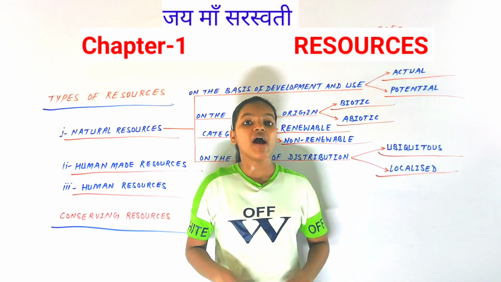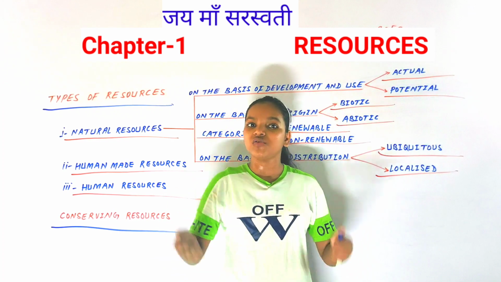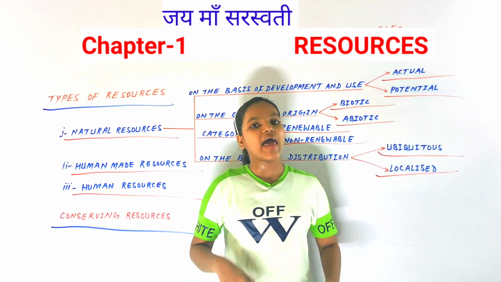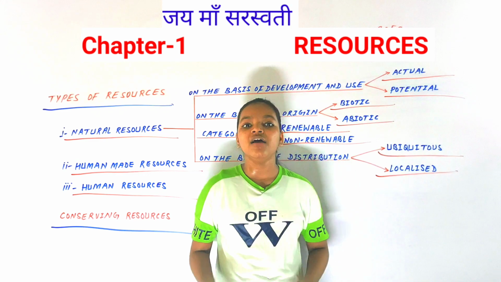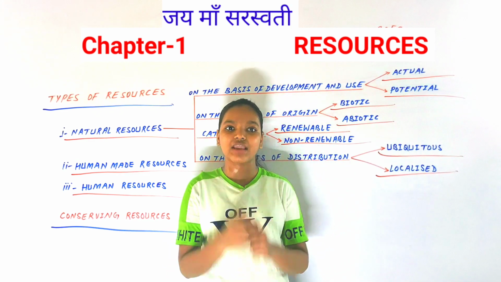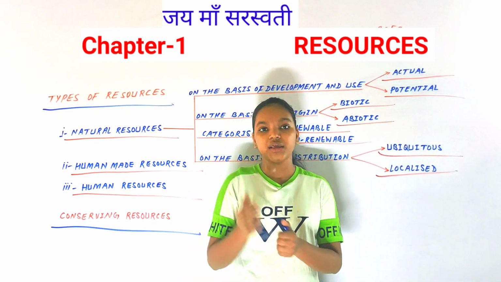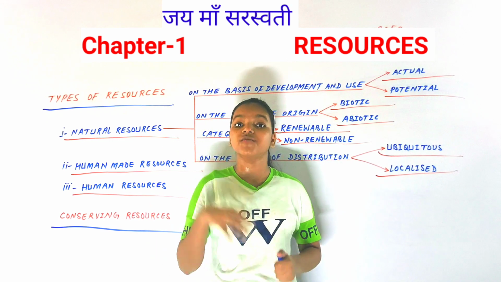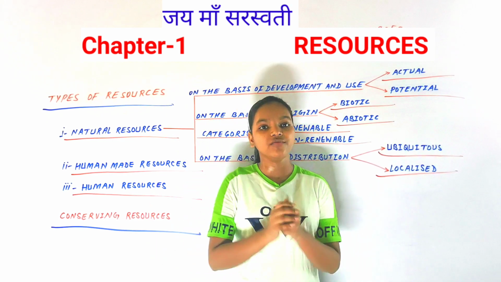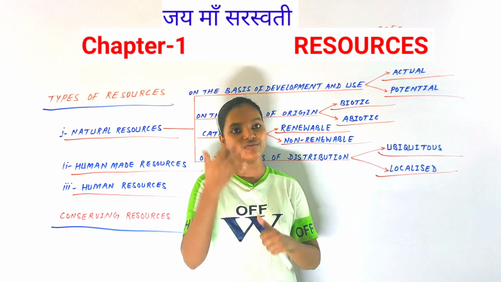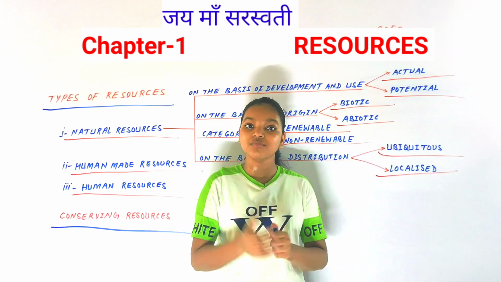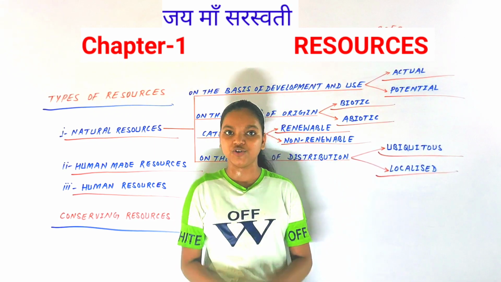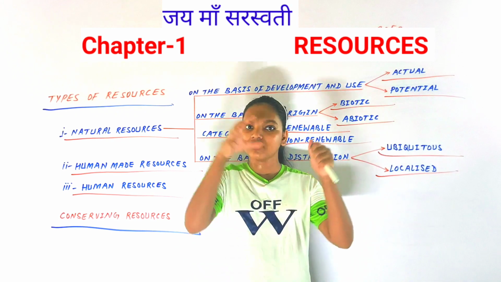So this is about resources. We have understood what resources are and some basic classifications. This is all about the chapter, and what we have learned in this chapter is that we have to respect and take care of all forms of life on the earth. We have to conserve our resources, we have to conserve our environment, and we have to minimize the use of resources, because if we don't, they might not be present in the future.